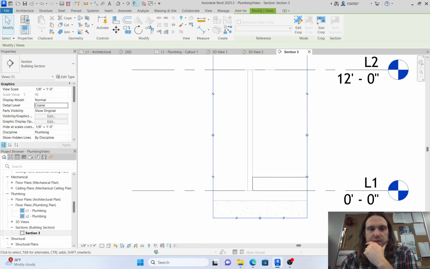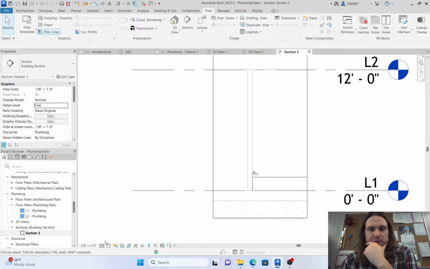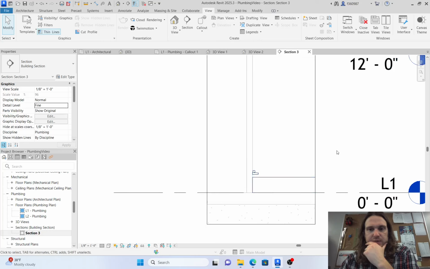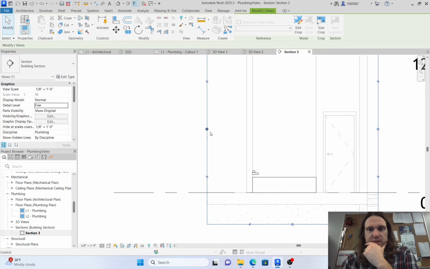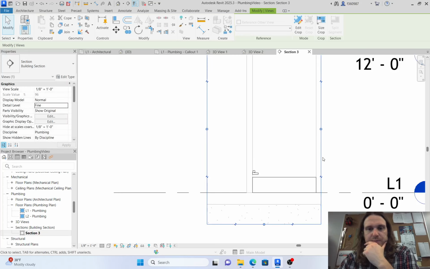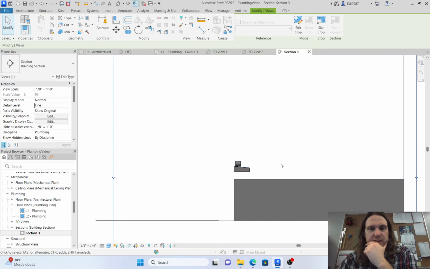We can zoom in. Again, change that detail to fine. We can see the bathtub fixtures there. If you want to make this a little bit wider, you can. Okay, and let's make this shaded. We can see that bathtub. That's looking nice. Okay, that's a little weird that those are sticking out of the